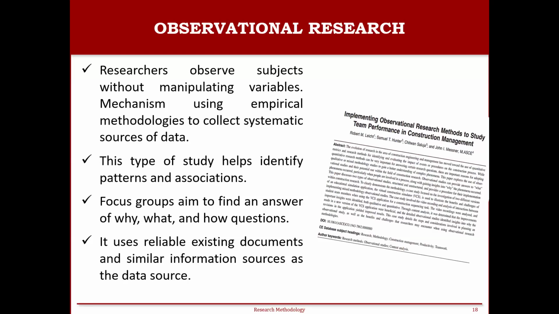Through the observation studies, observational research methods, you can identify the person's behavior, and you can find out the reasons for those behaviors as well through the focus group discussions. And other than that, under observational studies, again, you can use the pre-existing documents as well and the sources of the information like the official reports and the historical records, or if there are any published studies as well, you can refer anything as a part of the data collection process, right?